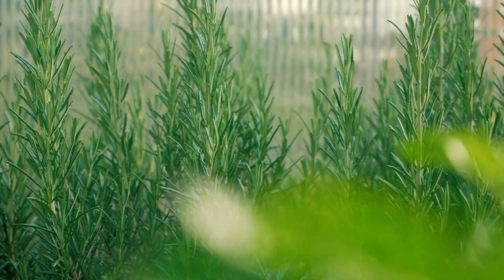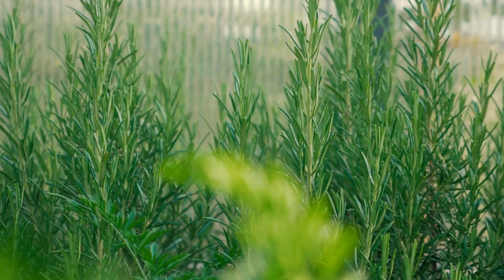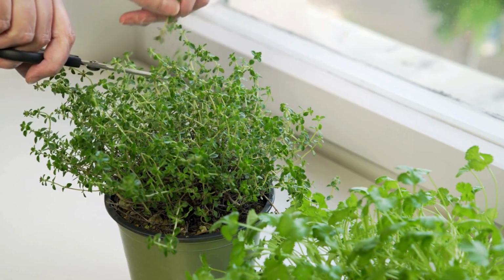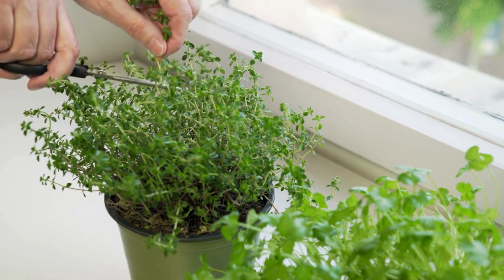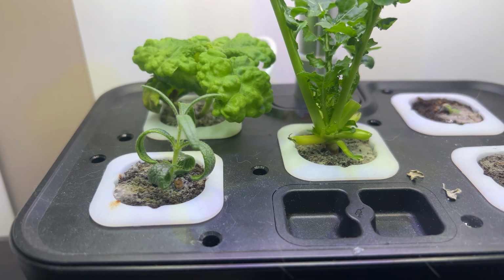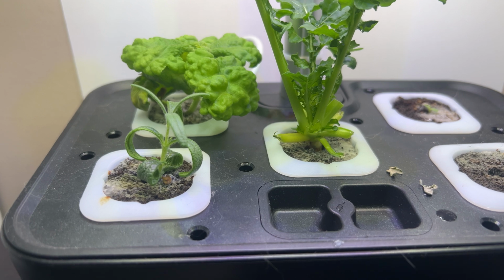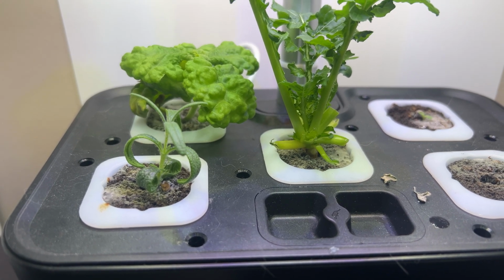These herbs grow slowly, and if you don't give them a head start, they'll barely be useful before fall. So be patient. Some herbs can take 3 to 4 weeks just to germinate. And use bottom watering because their roots are delicate, and overhead watering can kill them fast. And you can grow them indoors year round in pots, or like I have in this tiny little hydroponic setup. You don't have to move herbs outside if you don't want to. You could leave them on your windowsill and save space in your